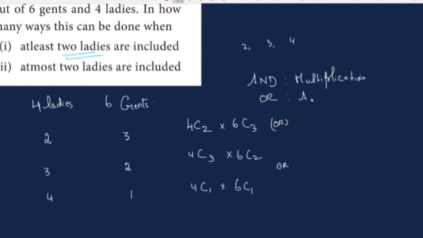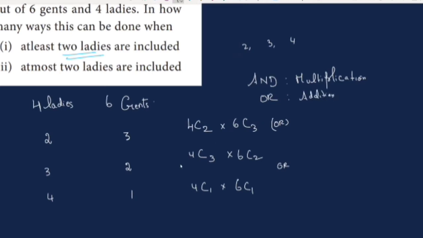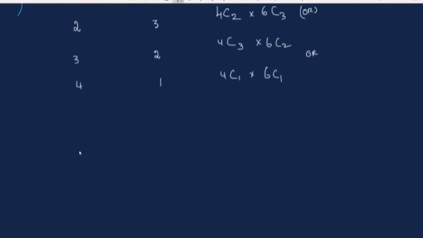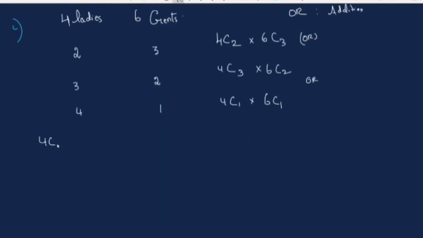Or is addition. So let us find this and then add. The question is total number of ways. Number of ways is equal to 4C2 into 6C3 plus 4C3 into 6C2 plus